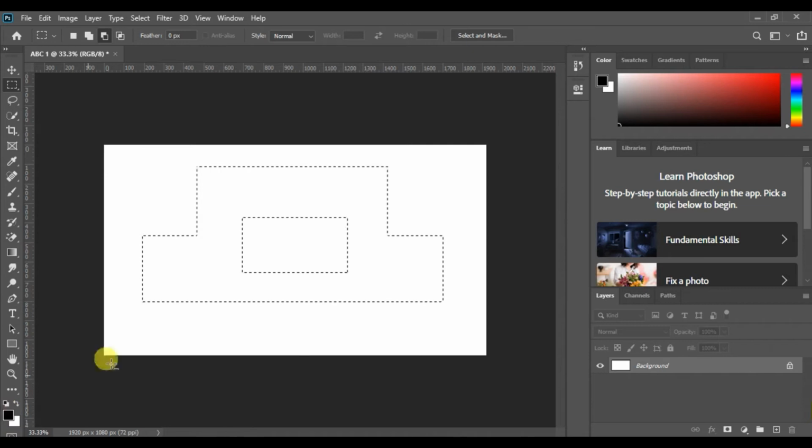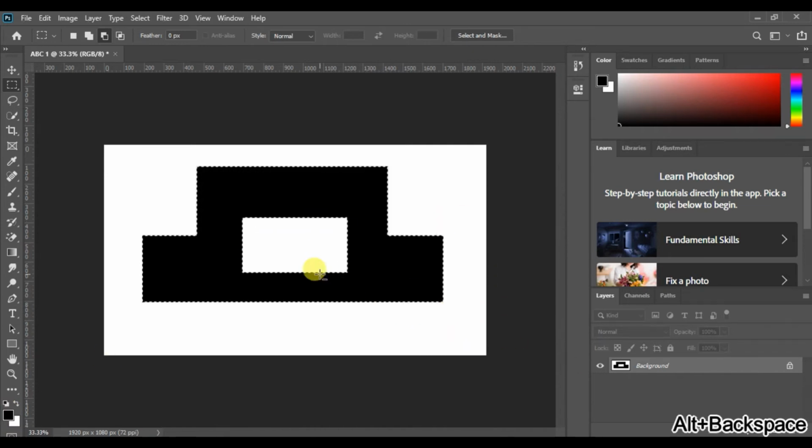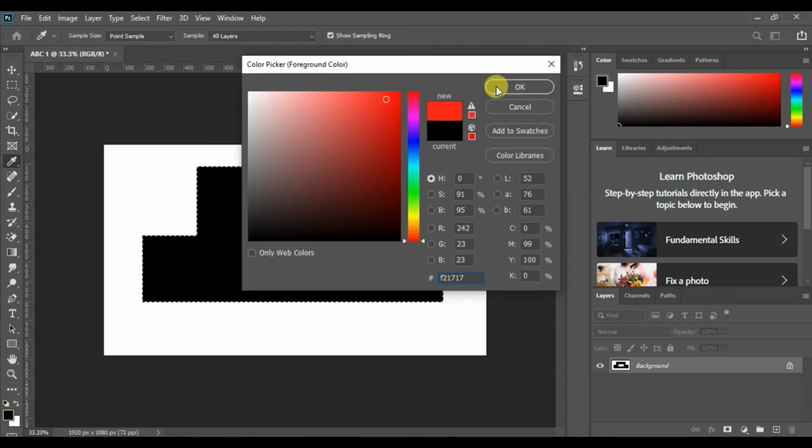Just to give color to your selection, press the shortcut key Alt Backspace. Your foreground color will be painted on the selected area.